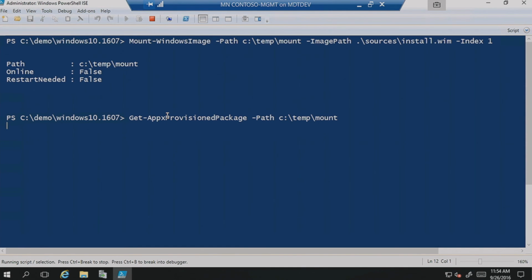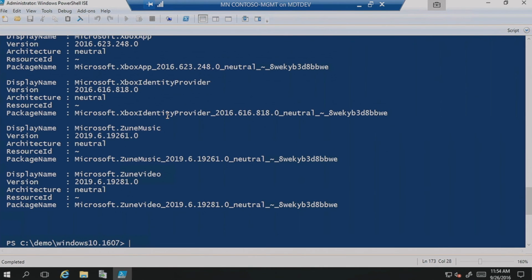There are some that you won't be able to remove or that you shouldn't be able to remove. Things like the Connect app, the camera app. There are a few system applications that can't be removed, but most of the other ones can be removed, including the one here, this Xbox app. So we could then specify